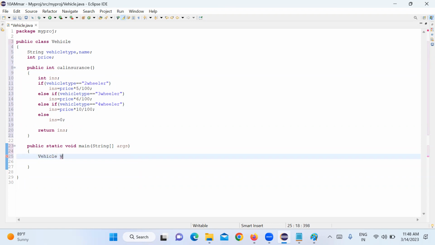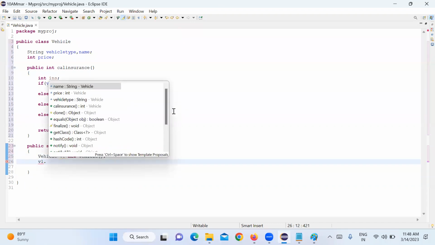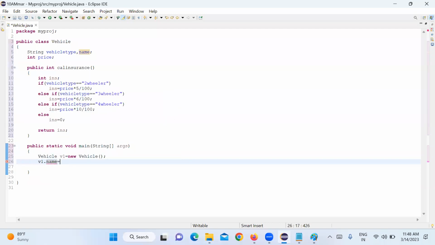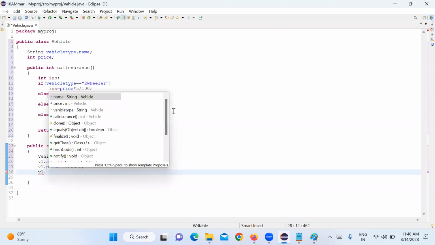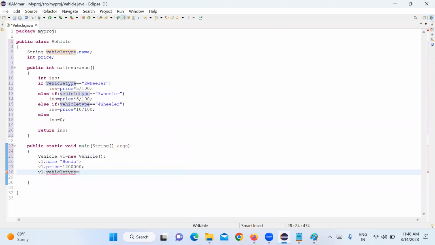Vehicle v1 equal to new Vehicle. v1.name equal to some vehicle. v1.price equal to something. v1.vehicleType equal to